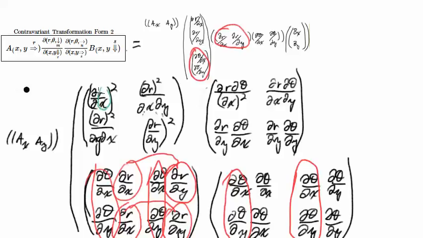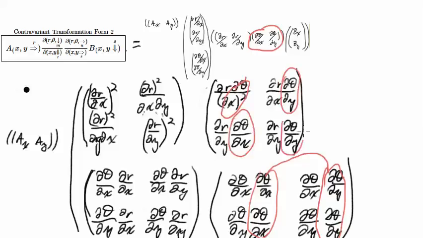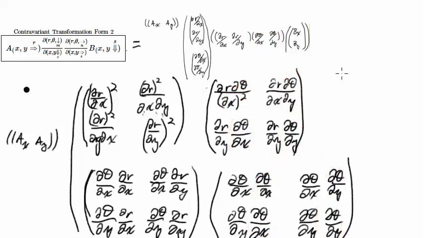Appears right here, ∂r/∂x ∂r/∂y ∂r/∂x ∂r/∂y. ∂θ/∂x ∂θ/∂y appears right here and right here. It also appears here, here, here, and here. So now I'm going to draw in my other parentheses and put in my b sub